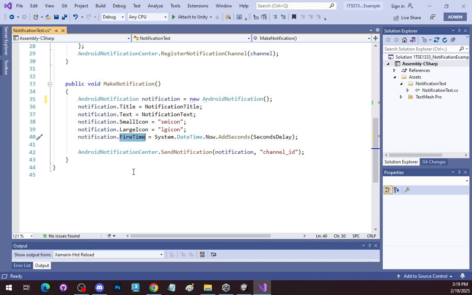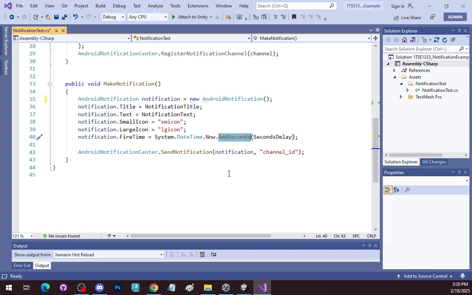It could be a day from now. It could be an hour from now. I know that in the code example, they actually add minutes. Like they wait a minute. I'm not going to wait. This is why we're using seconds, and it's a 5 second delay, because I'm not going to wait a minute